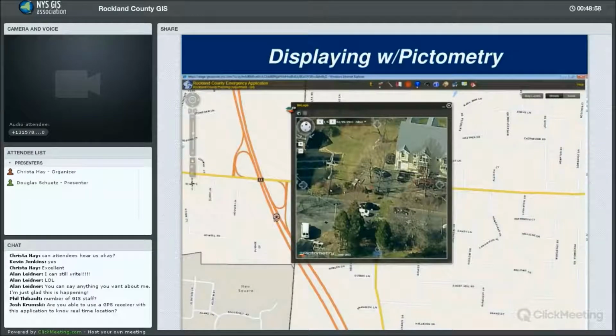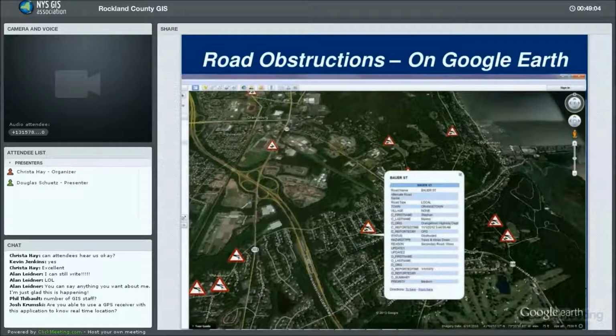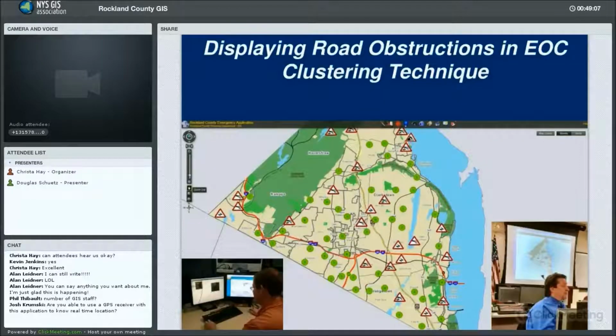And then I'm just displaying with Pictometry. We've pulled in the Pictometry widget as well. We've worked with them, and then just bring it into Google Earth. Here I'm displaying a